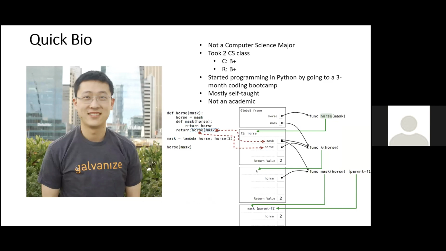My experience in Python started really when I went to coding bootcamp about 5 years ago. So mostly self-taught, not academic, so you won't see me do problems like this one shown on screen, horse mask. This one's like a recursion with a complicated diagram with a lambda thrown on top of that. We won't do these academic problems.